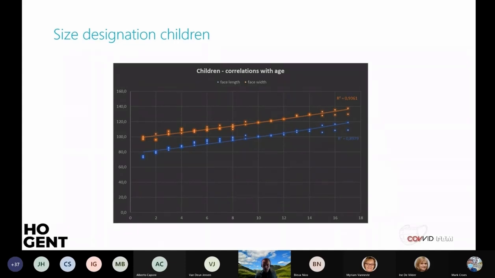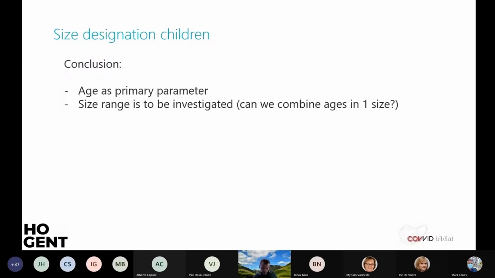Now for children, we check the correlation between the age and the face length and the width. And for both measurements, we see an excellent correlation. So we can use for this measurement table for children the age as a primary parameter. It can be the head girth, but I think the age should also be sufficient. And the next step is to find out how many sizes will be needed. Can we combine a couple of ages in one size, or do we have to make a measurement